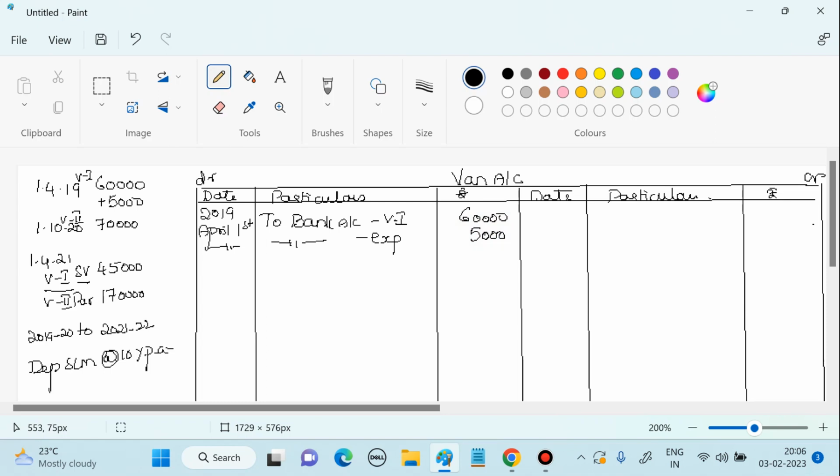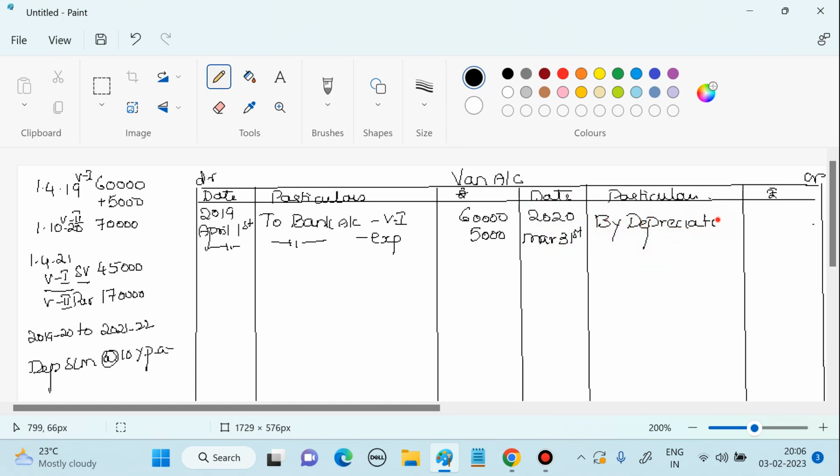Now, next transaction is directly on 1st October 2020. Now this year is from 1st April 2019 till 31st March 2020. So in this year there is no other transaction. So we will go to the year end, that is 2020 March 31st. We have to provide